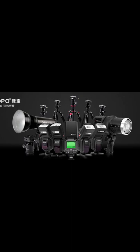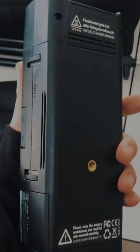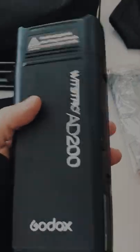They have LED lights. They have strobes. They have a speed light. They are all cheaper than Godox. And then they have their own patented technology, like tripod and the flashlight too. They are making a copy of the, what is a Godox G1? They're making a copy of the Godox AD200 portable strobe flash, and then they are making another one, which is